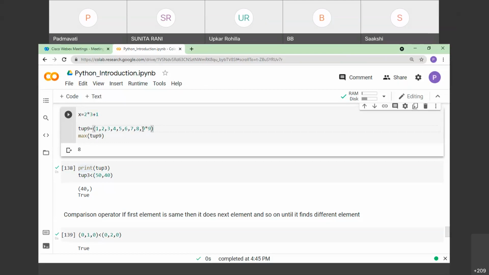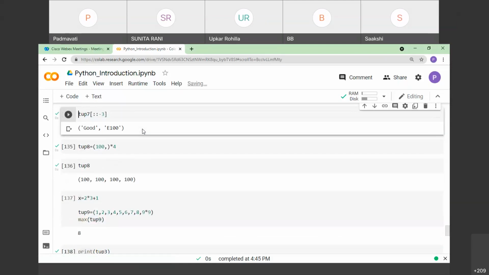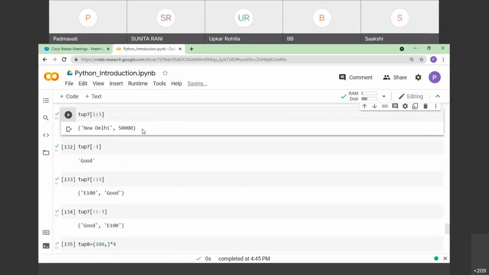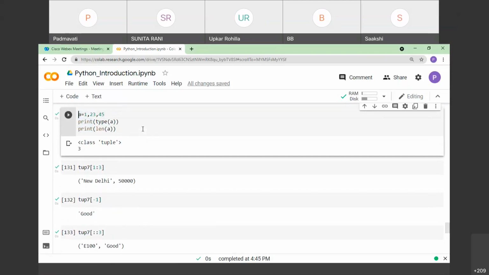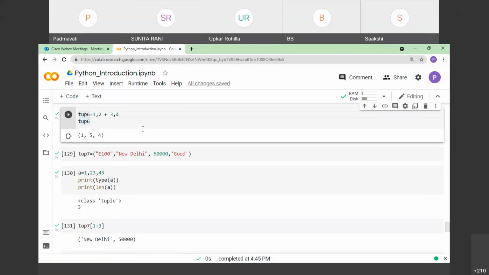Ma'am, can you explain the expression list? You have also displayed the expression list. Expression list. Yes, ma'am. Okay, let me go back. This one? No, ma'am.